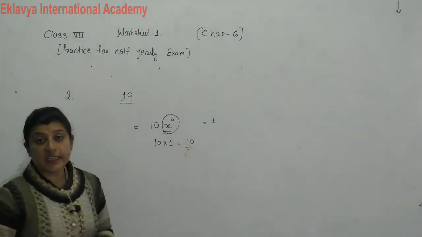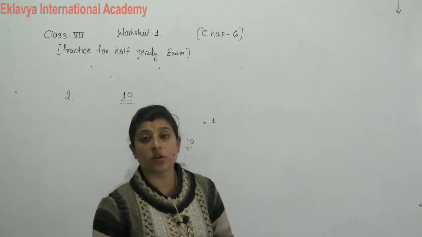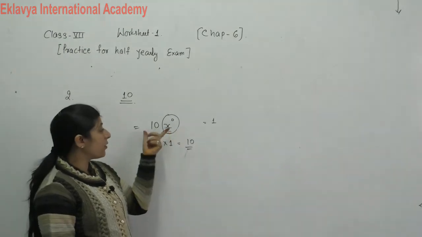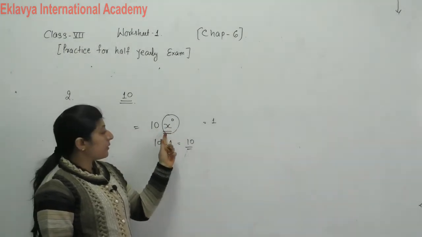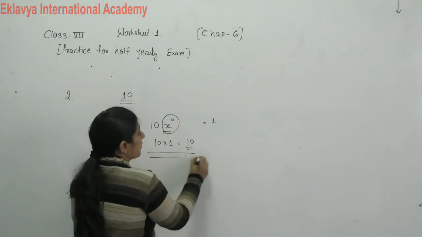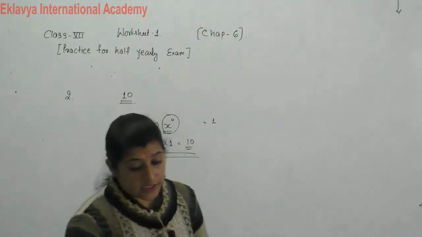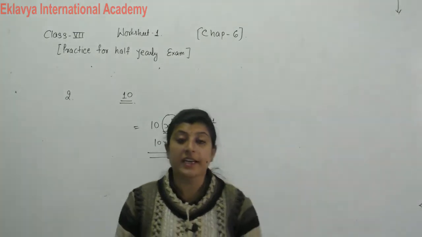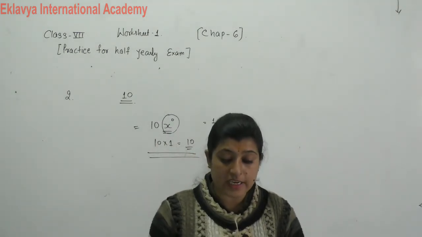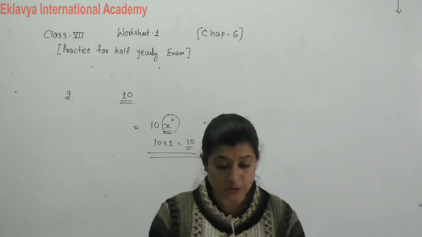And what is the degree? The highest power of any variable in the given polynomial is called the degree. Then see, in this there is only one term, the variable is x and the power is 0. That's why the degree of this polynomial is 0. So what is your answer? Your options are A 1, B 0, C does not exist and D cannot be determined. Then our answer is B, 0.